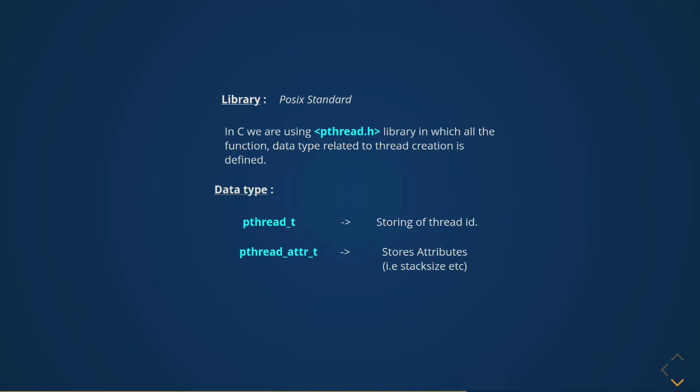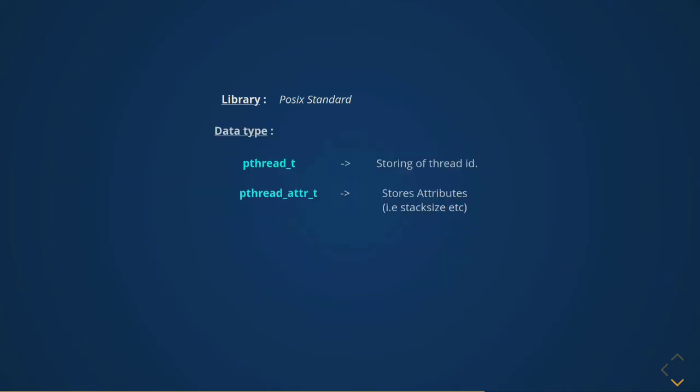Now here comes attribute. For defining any attribute, we use pthread_attr_t. It stores some attributes. Now here comes the question: what is an attribute? An attribute is nothing but, you may say, a property which contains several values. Say, suppose, stack size, synchronous style. A program can be synchronized in multiple ways. You may use mutex, that's what we call lock variables. I will not go into that part, that is a part of operating systems. So let's head back to the next topic.